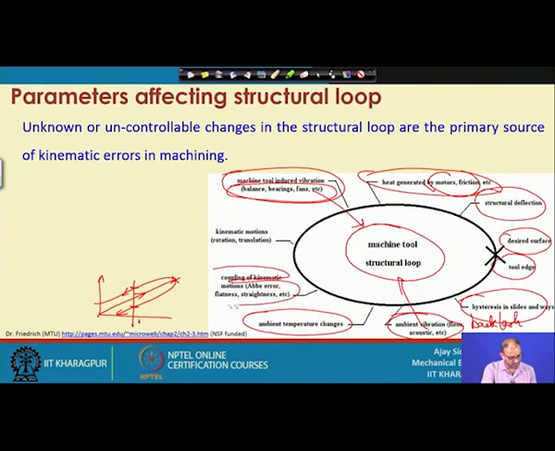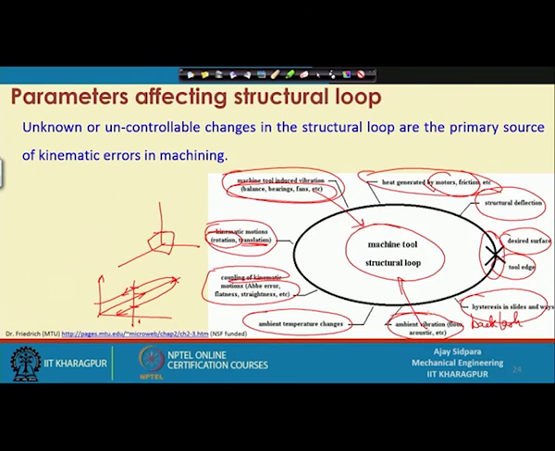Coupling, kinematic motion, Abbe error, flatness, straightness error: this is what we are talking about, the axes should be perpendicular to each other, and if that is not the case, then you end up with some type of structural loop deformation. Kinematic motion, because we have translation in x, y, z directions and rotation around the z direction in a 3 axis machine, but if you rotate in the other 2 axes, you can get more errors. So, all these different parameters affect the contact point between the surface and the tool. At that time there are problems associated with this.